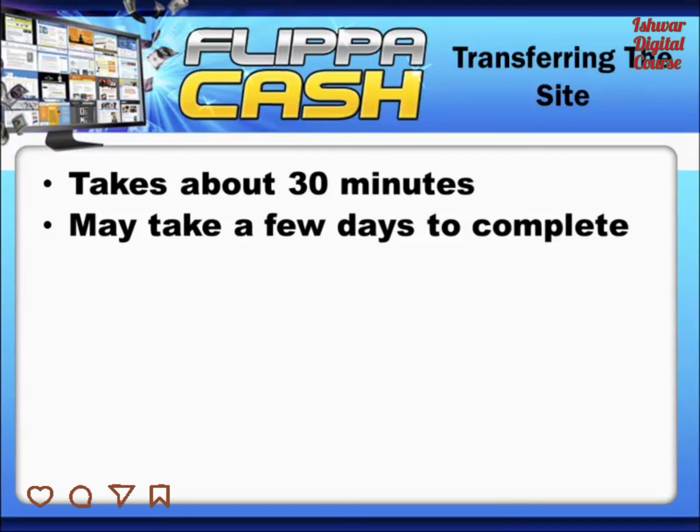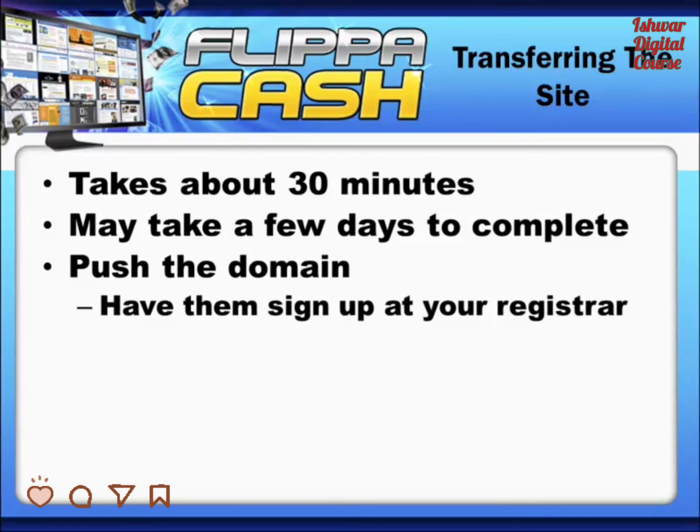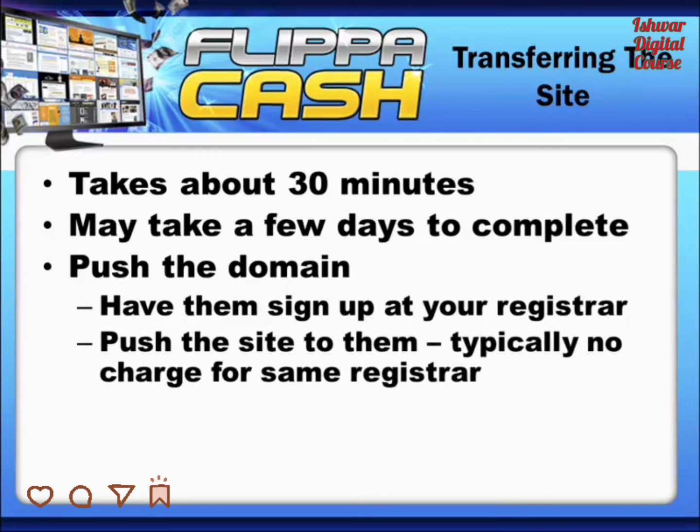Now, the best option, like I told you, is simply pushing the domain name. The way that is done is you have them sign up at your registrar. So whoever you're using, let's say you're using Enom. The domain's registered there at Enom. Have them sign up at Enom, at your registrar, because then usually all you have to do is push the